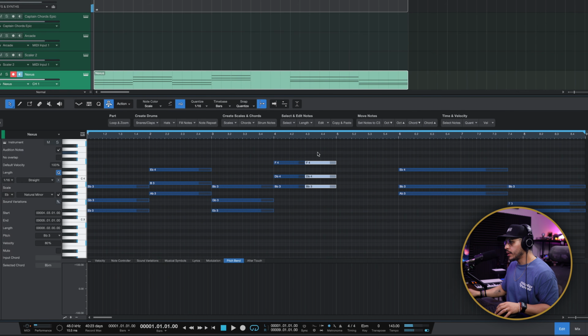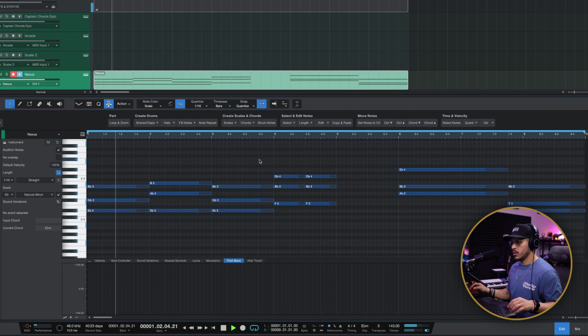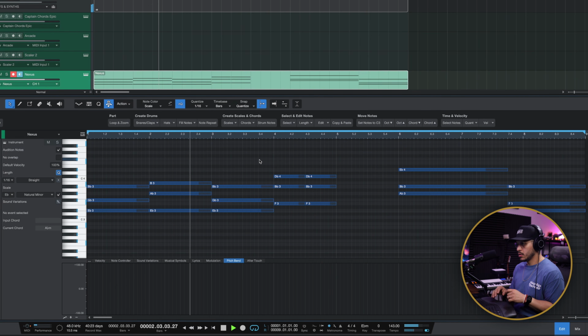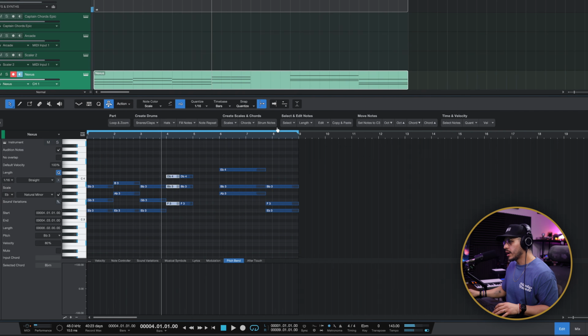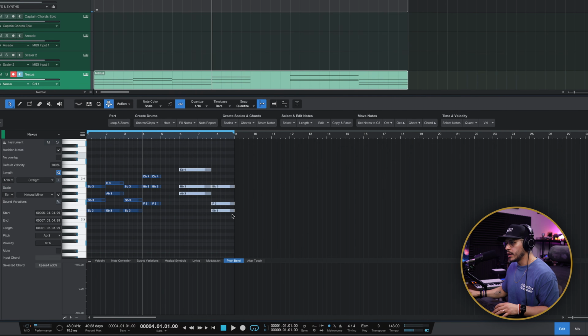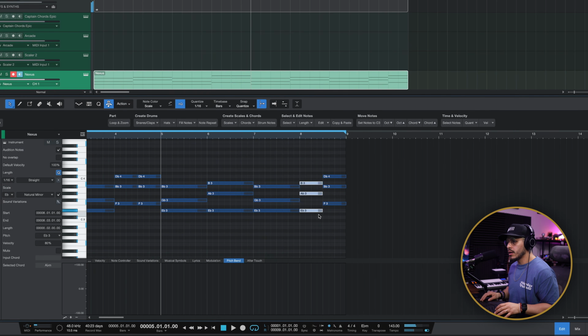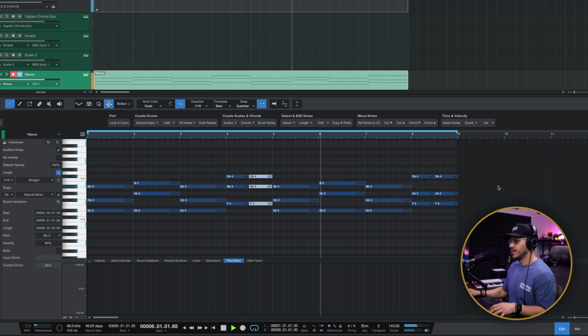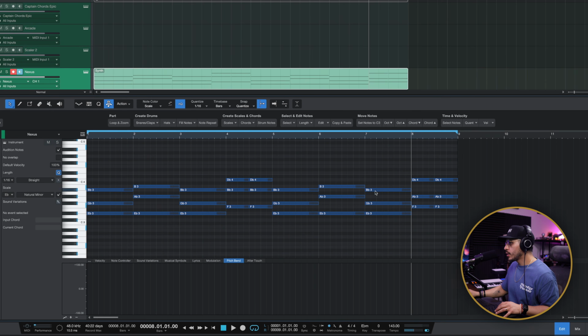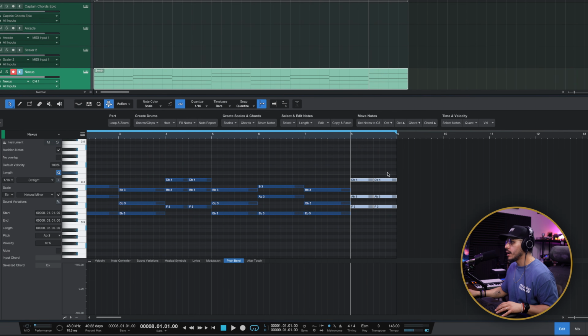Maybe we can chop this up here, but then let's do an inversion actually for both of these. That could work for now. I'll tweak it a little bit later, but let's try that D flat here. I think that'll probably work. Okay, now the last thing I want to do here is sort of match these last two chords to match the rhythm of the sample. So